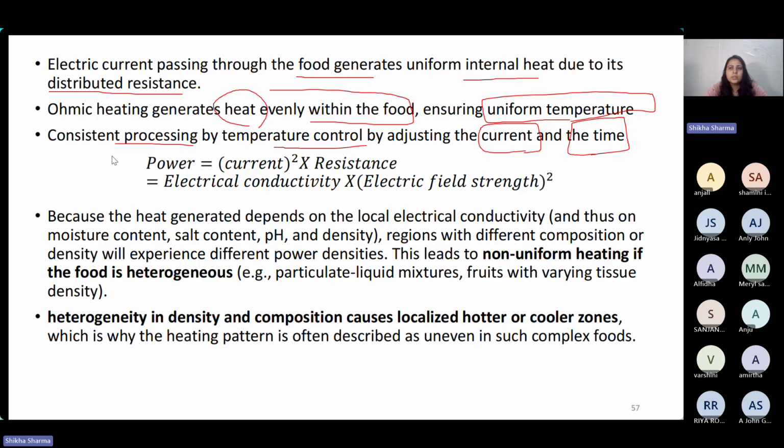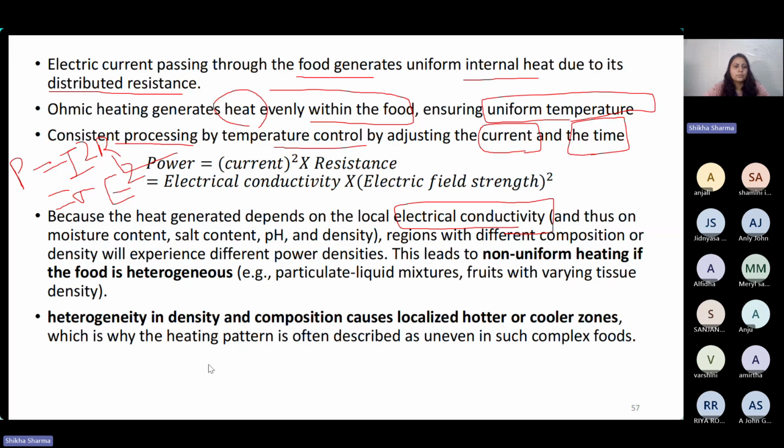Here, to calculate the power, we can use P equals I squared times R. It can also be written as electrical conductivity times electrical field strength squared. So here the heat generated depends on the electrical conductivity or resistance of the food material, but